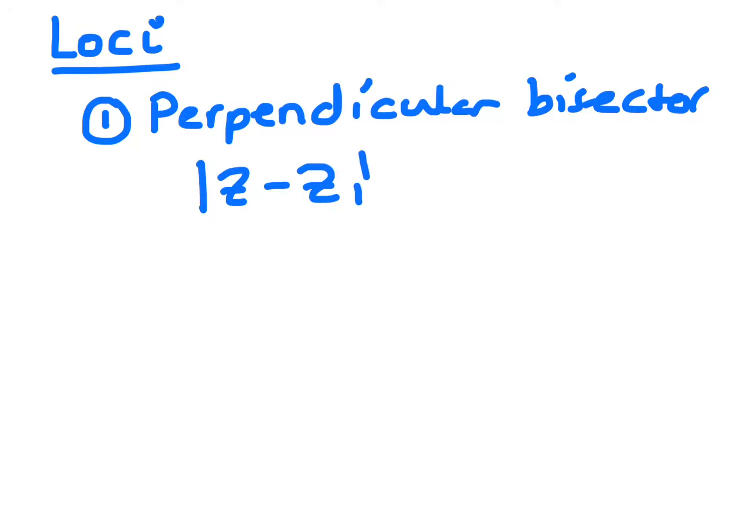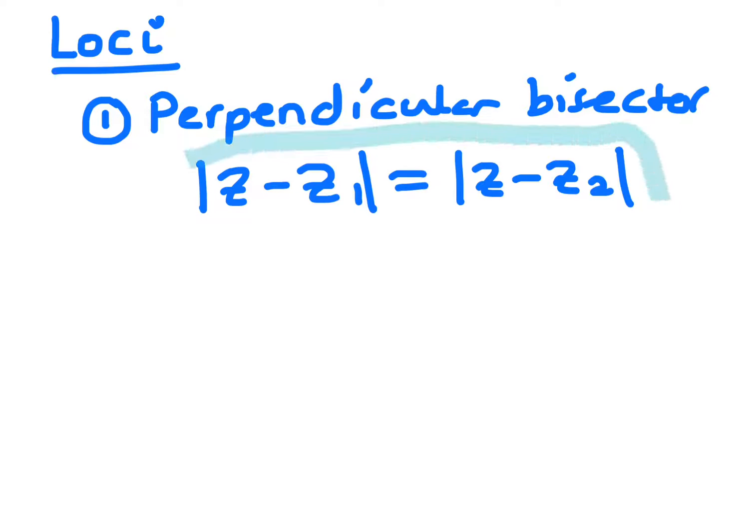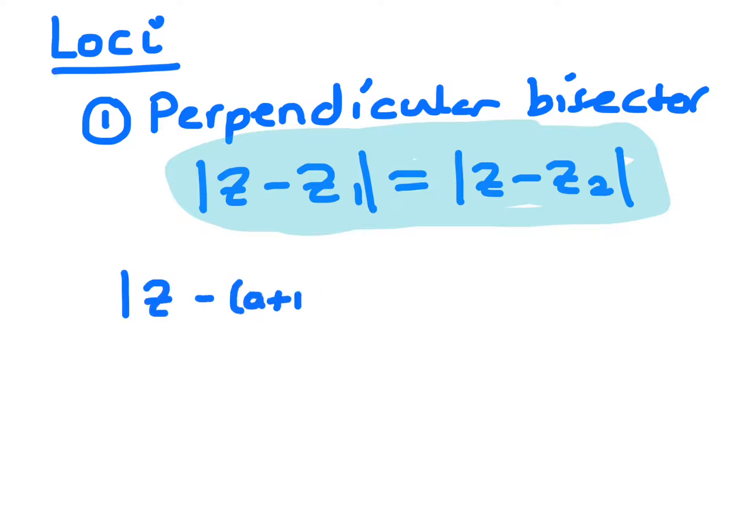I just want to talk about the perpendicular bisector. Now, the basic equation for the perpendicular bisector is |z - z1| = |z - z2|. Because when you're looking at z minus a complex number, say the modulus of z minus (a + ib), what that actually means is the distance z is from